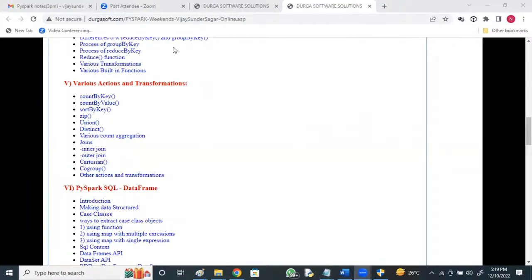Once again I say, Spark is an execution model and Python is a language. PySpark is not a language. Python is a language. Spark is an execution model. For implementing or to code, you require a language.